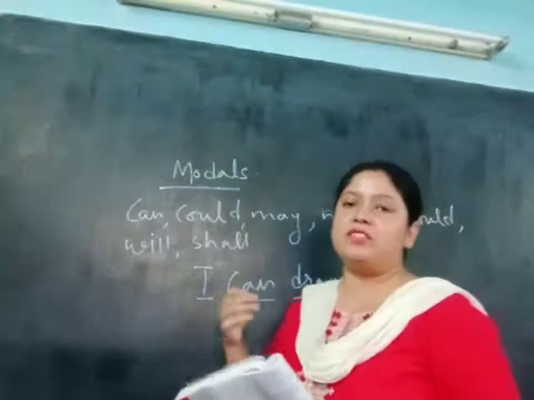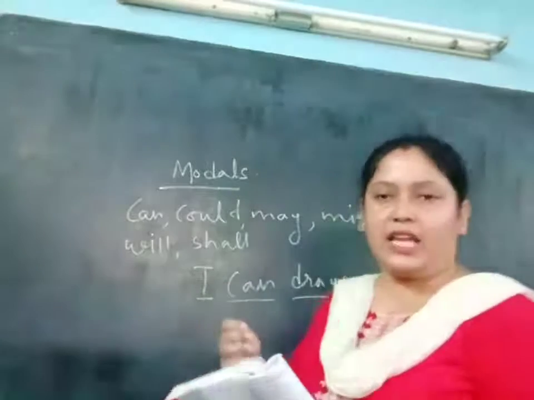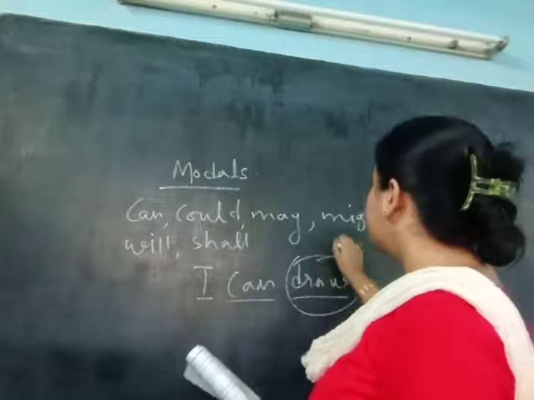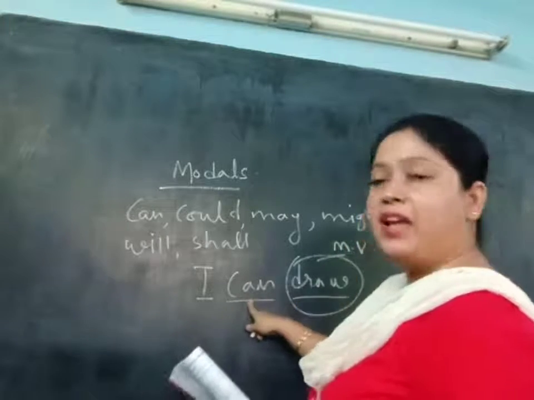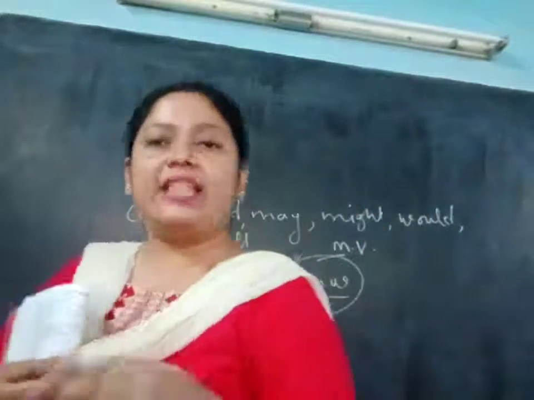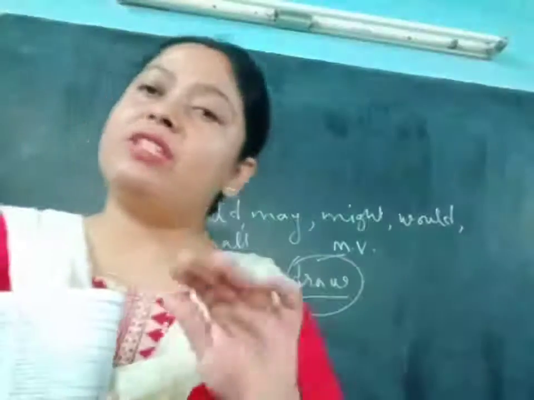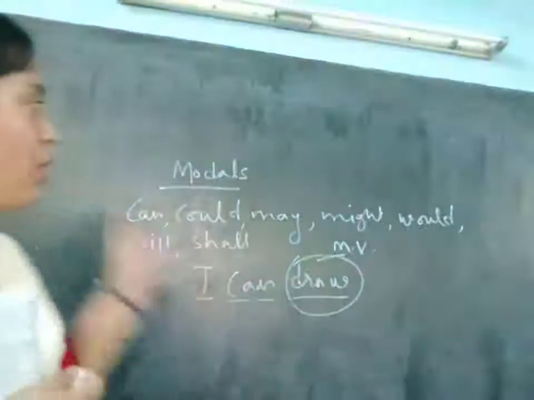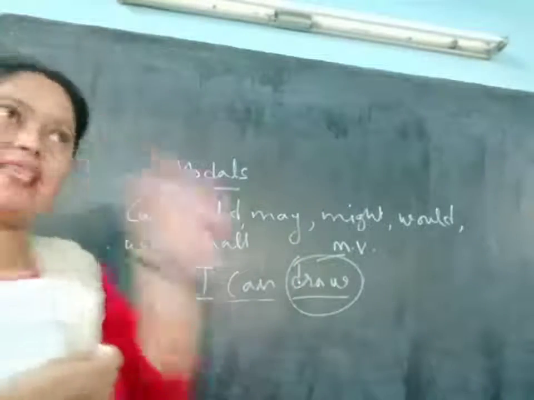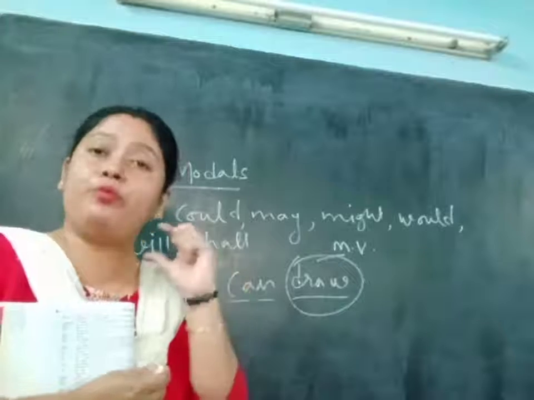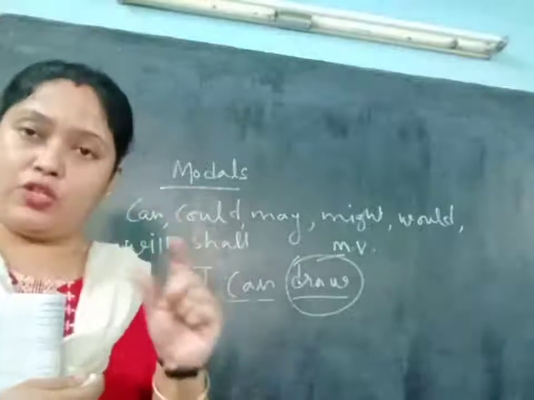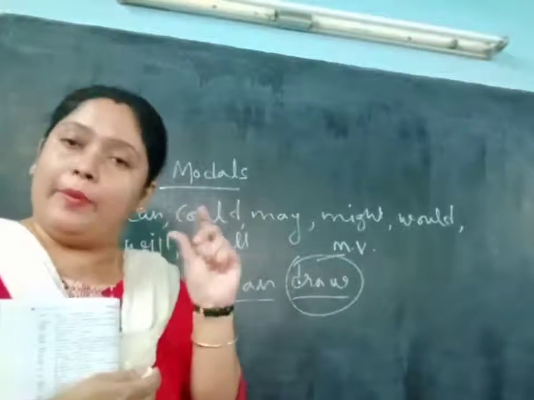So these modal verbs generally are used to sit before the main verb. So it is the main verb, and the modal verb is sitting just before the main verb. Okay, it cannot sit without the main verb. So modal always we will use before the main verb. Or in a sentence, if you put a modal verb, there should be another verb also, and that verb should be called the main verb.